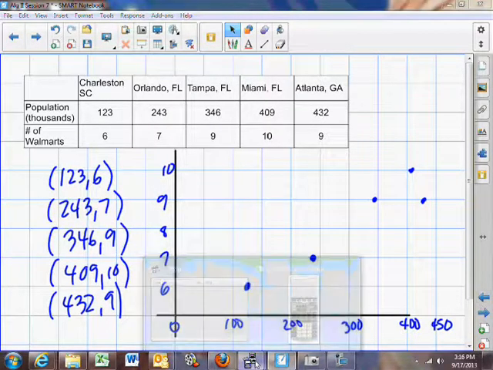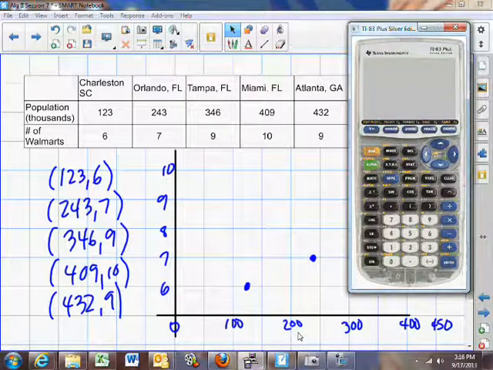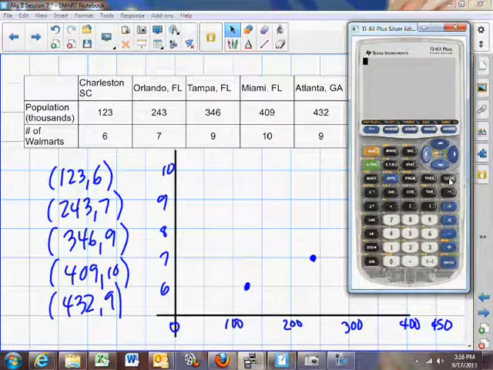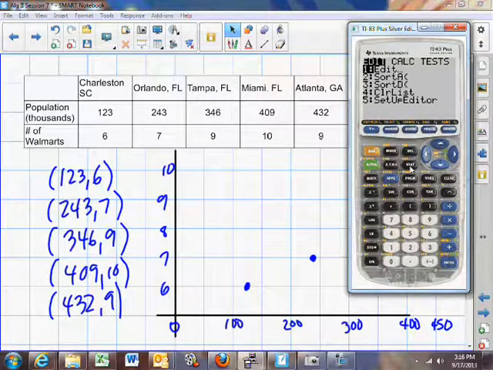So now, let's take the calculator, and we're going to use the calculator to do this data set. Now, first of all, before we can do anything else, we have to put the data into the calculator. Now, to do that, turn your calculator on, and do you see the second button down in the third column? It says STAT. That stands for statistics to the calculator, and if you press that button, you should get